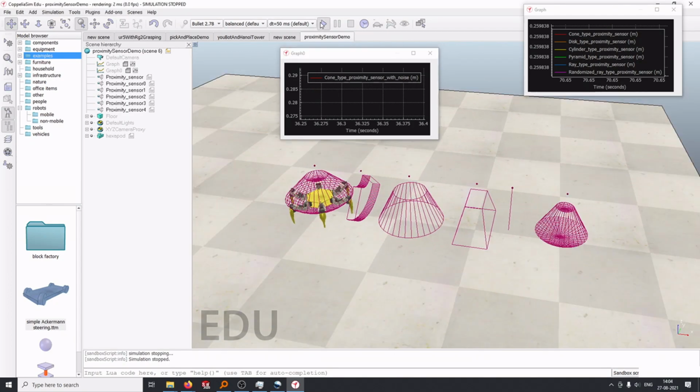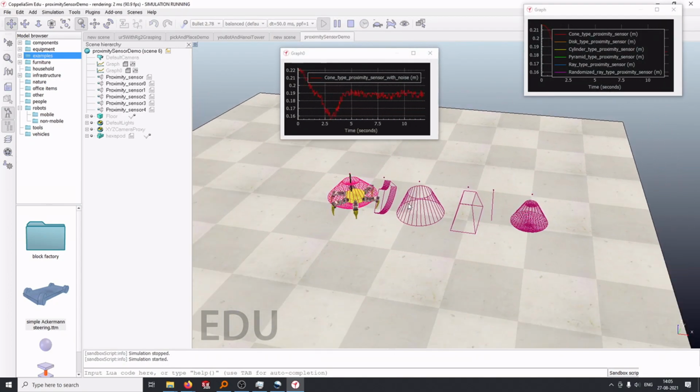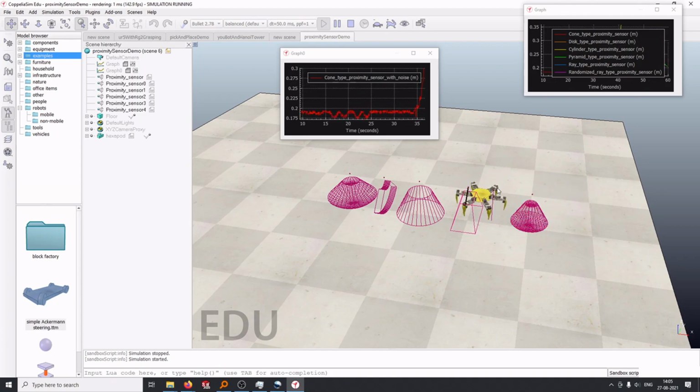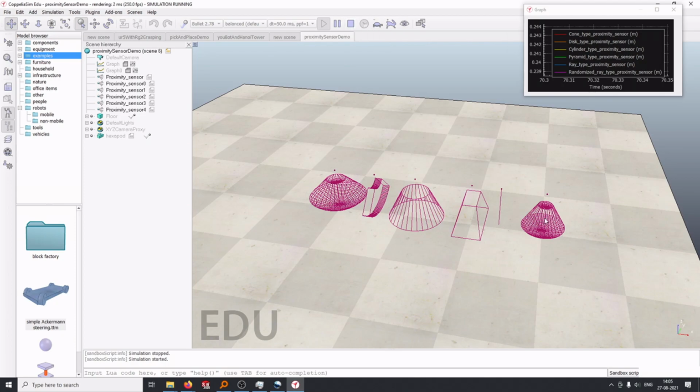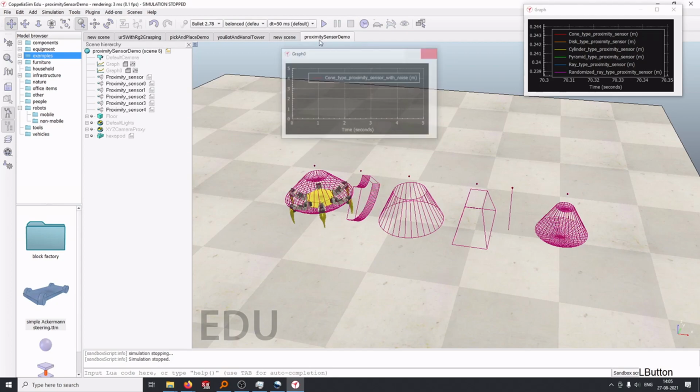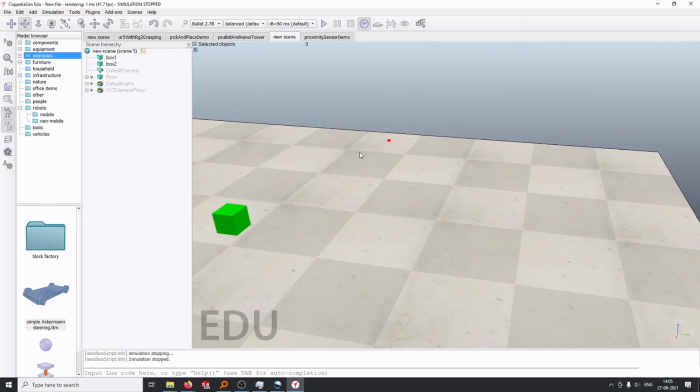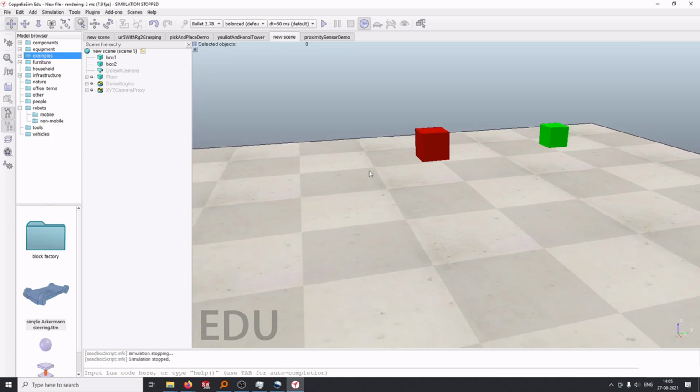Okay, so there are different workspaces. I can understand different types of sensor. Let's say an ultrasonic sensor will have a cone like this, but a laser sensor will have a line basically, right? So these are different sensor profiles. Oh, the spider just fell down. Okay, I understand there are different types of sensor, and this is just for that. If some reference is required, we can just come here and back and see that, right? We will just move back to the scene again, which we were running. So this is the one which we have right now, and we want to add a proximity sensor, right?